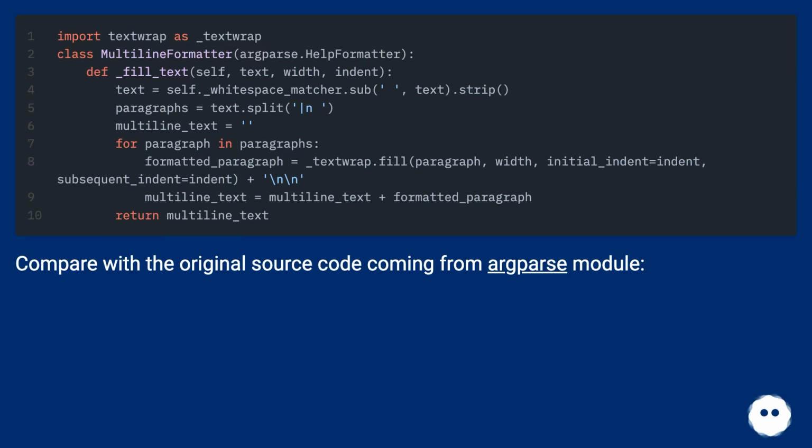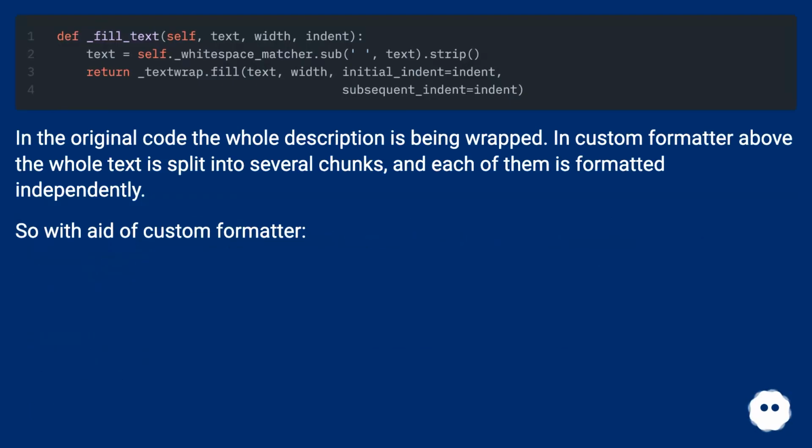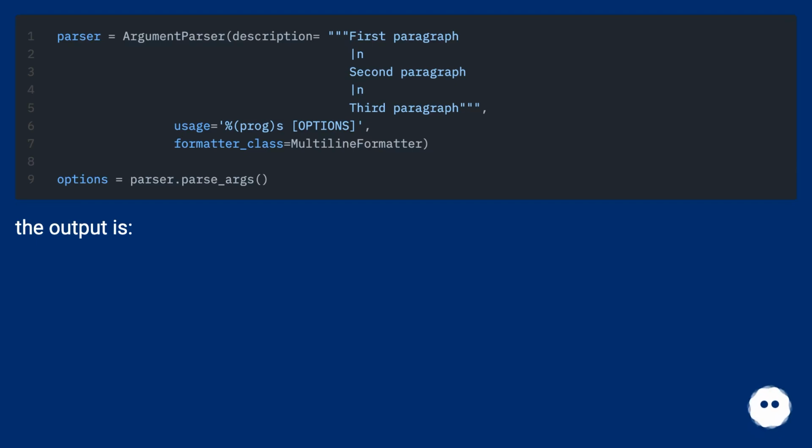Compare with the original source code coming from the argparse module. In the original code, the whole description is being wrapped. In the custom formatter above, the whole text is split into several chunks, and each of them is formatted independently. So with this custom formatter, the output is